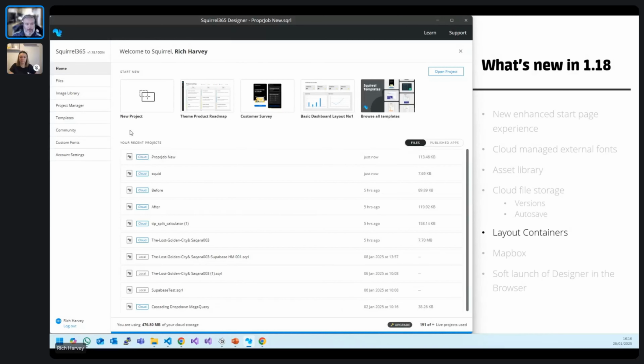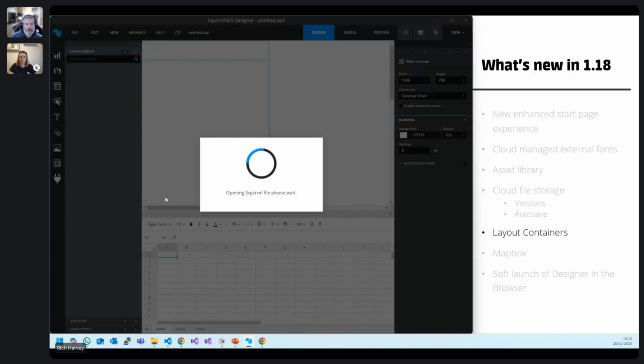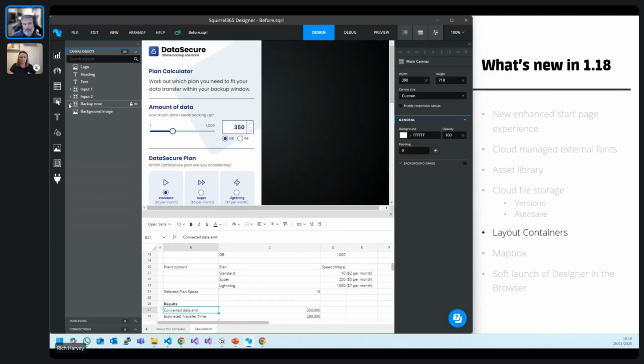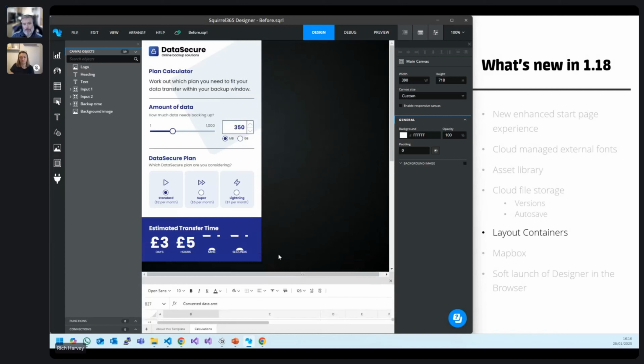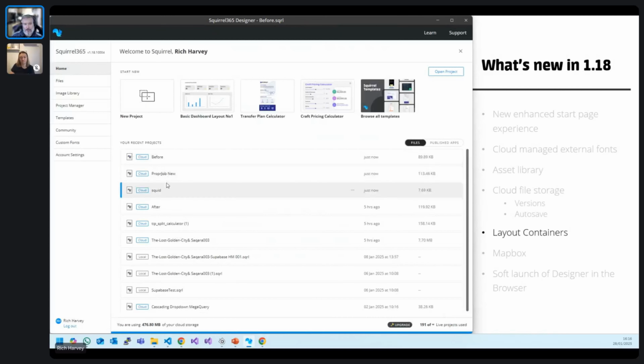I think I've got that in. So here it was before. So before I've got all my containers that is positioned based on the size of this container here. If I go to the after,